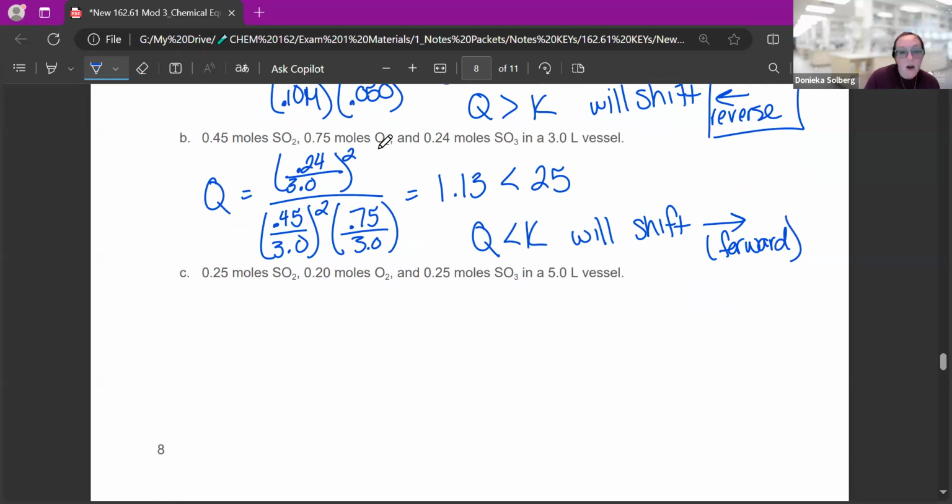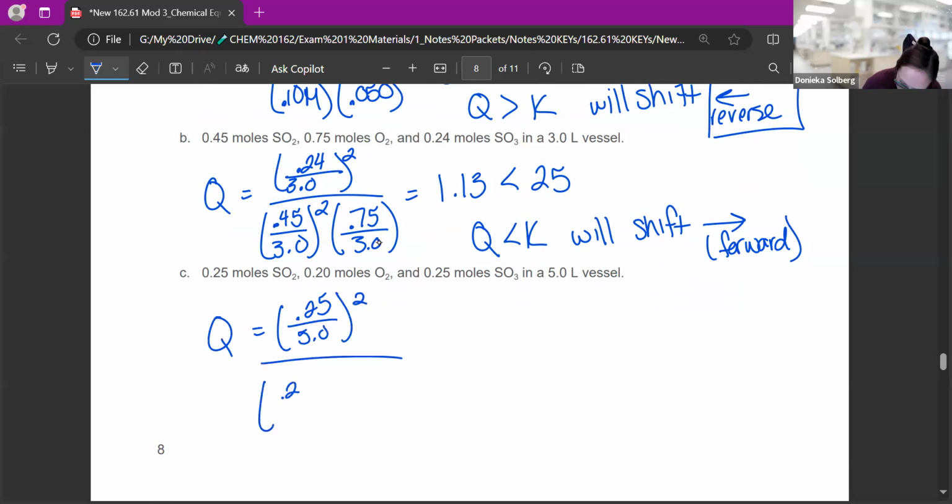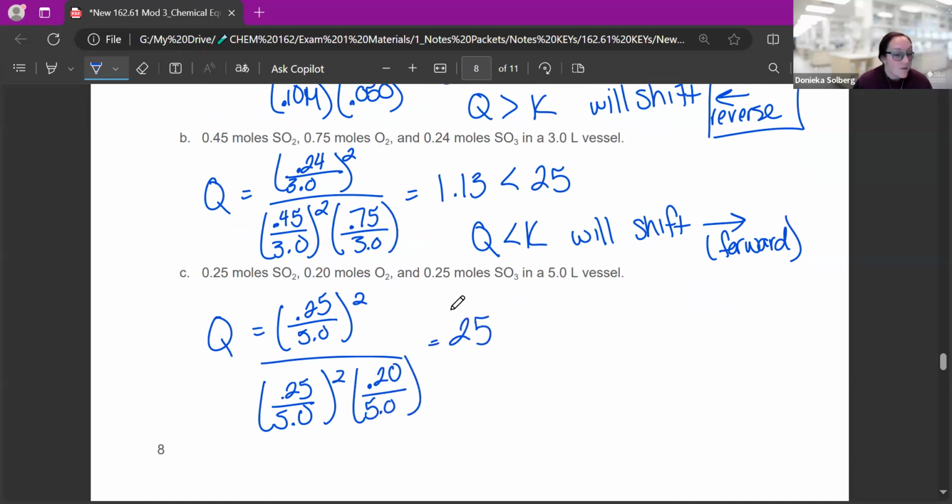All right, and the final set is the only other option of things that we will see. I did this on purpose so you could see what happens. If you calculate Q down here, so 0.25 over 5 squared over 0.25 over 5 squared, 0.245, you get that Q is 25. Well, if Q is 25, that means that we are at K. That means we're already at equilibrium, so we're not going to see any shift. I'm already at equilibrium. I have the right set of proportions. I'm not going to shift forward or